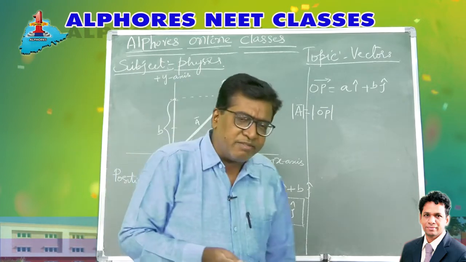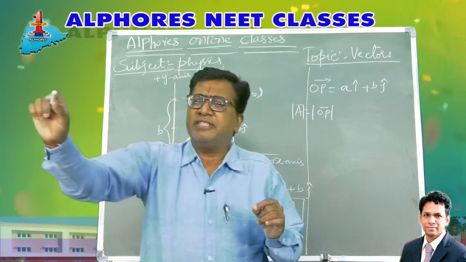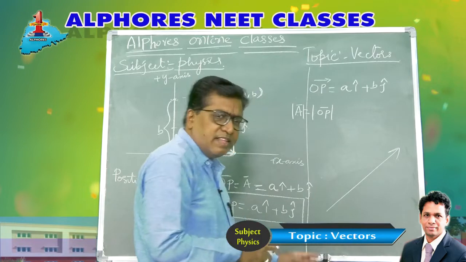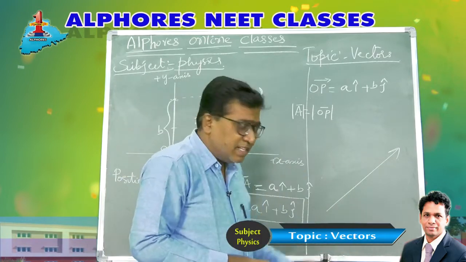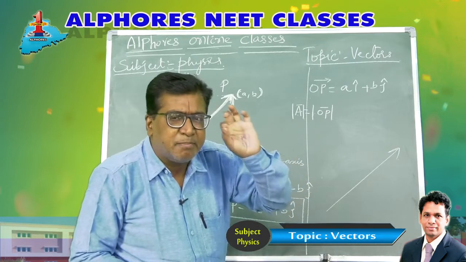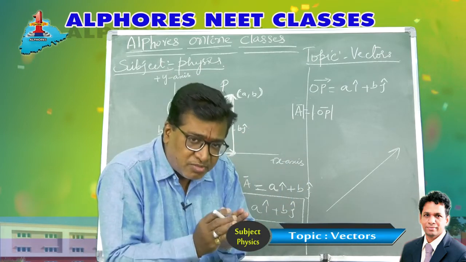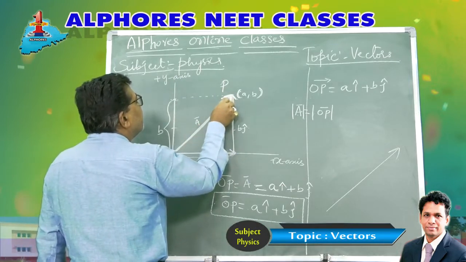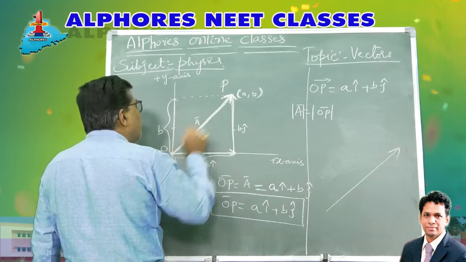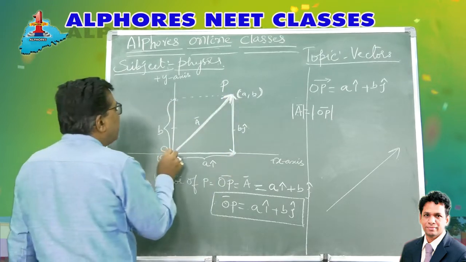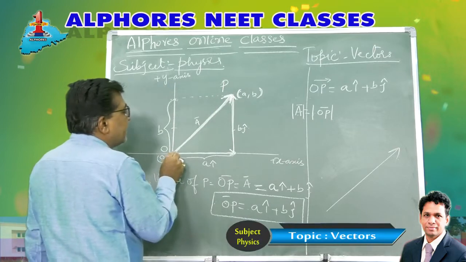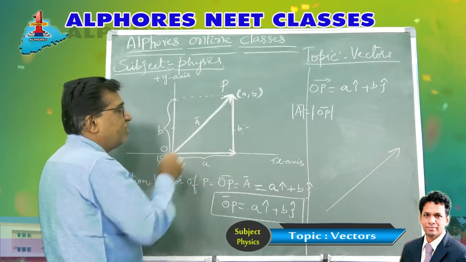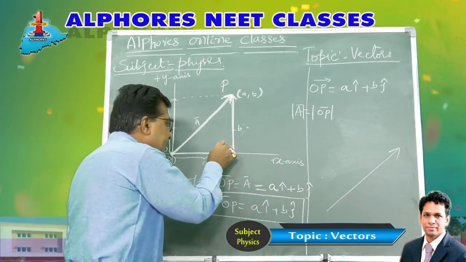You know what is magnitude? I was telling you, a vector is represented by a straight line segment like this. The length of the line segment represents the magnitude of the vector. So, our line segment is OP here, then the magnitude of OP is the length from O to P. From the picture, if you consider this is A units and this is B units, it represents a right angled triangle.